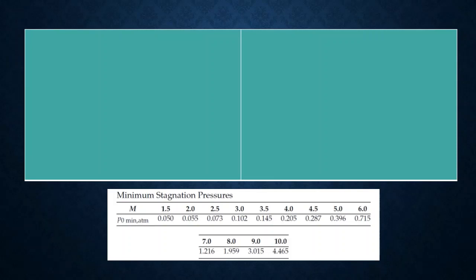So we have to find rho 2 by rho naught, so that we are going for the density ratio of the shock wave. So what is the density ratio of shock wave relation? It is rho 2 by rho 1 is equal to 6 M1 square by M1 square plus 5. That is, we have the oblique shock initially, but we could not use the oblique shock relation directly for all the cases. We have to convert that oblique shock into normal shock, and after that we have to find the absolute Mach number behind the oblique shock region.